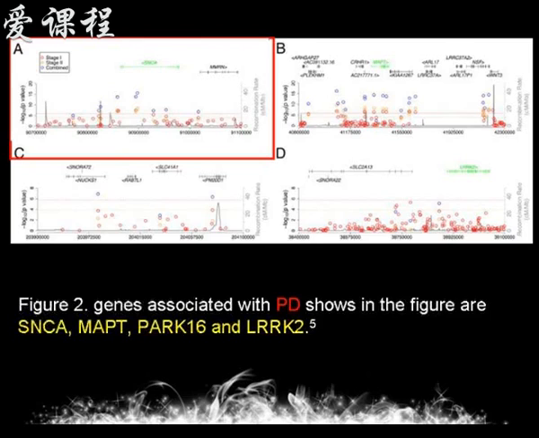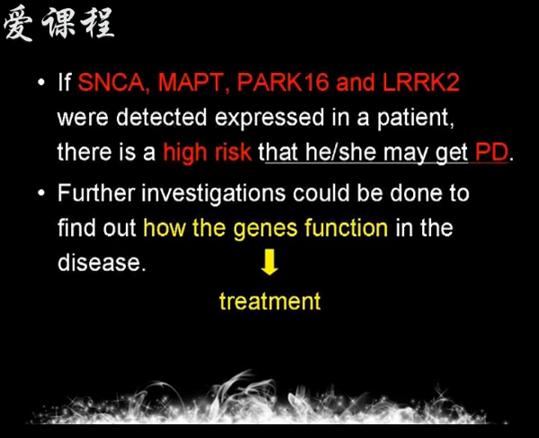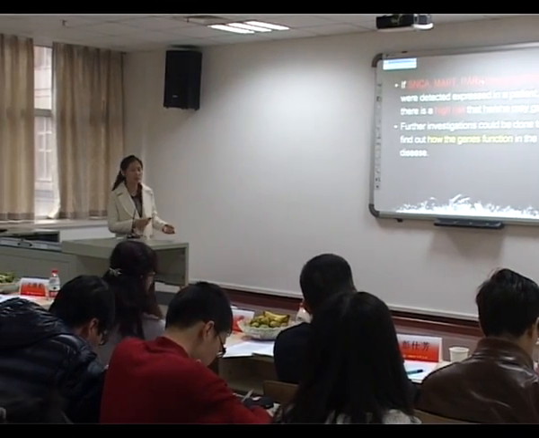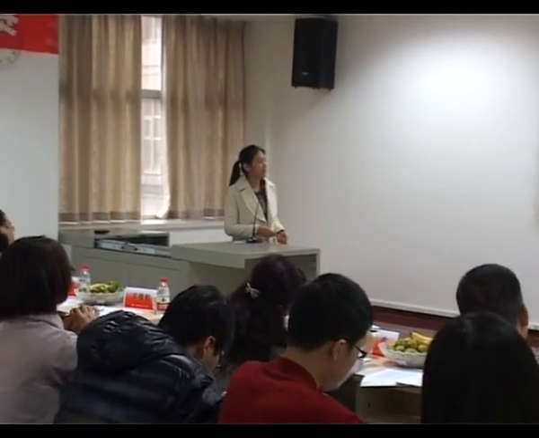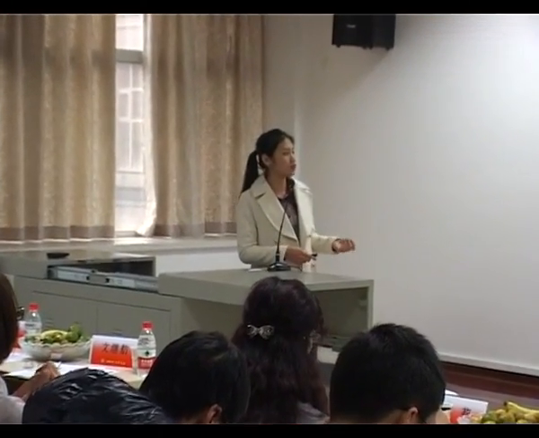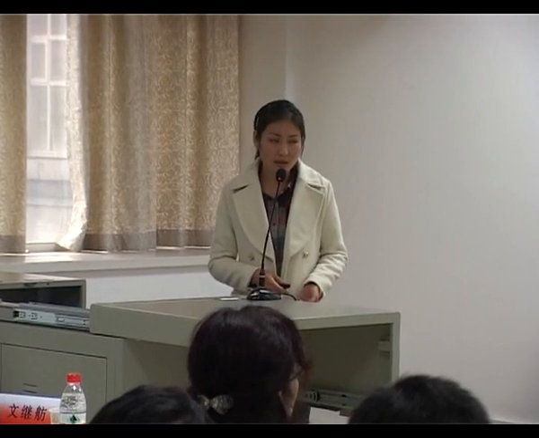We found out that the genes SNCA, MAPT, PARK16, and LRRK2 also have a relationship with PD. If all these genes are detected as expressed in a patient, it may show us that there is a high risk that he or she may get PD. And further investigations could be done to find out how the genes function in the disease, so that we could get new treatments. In conclusion,